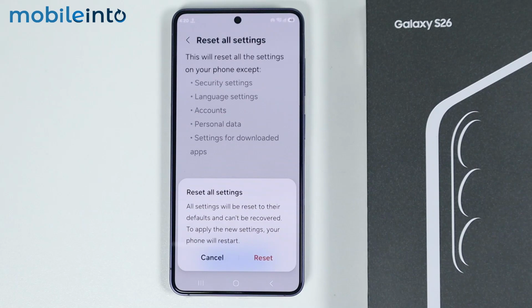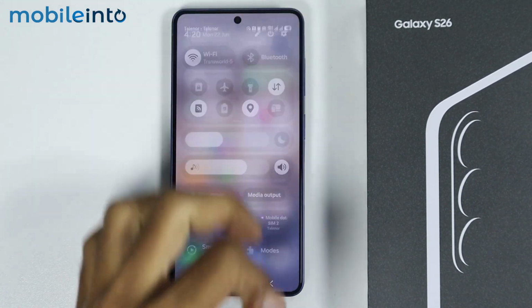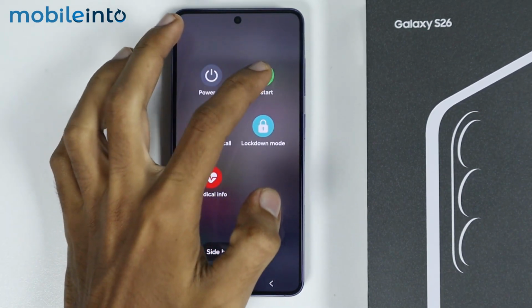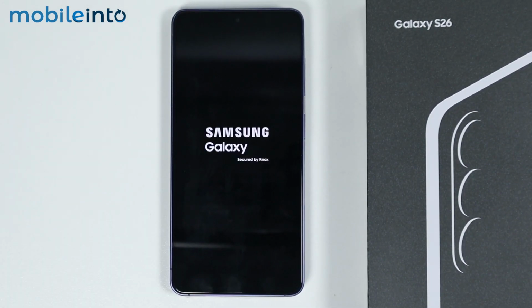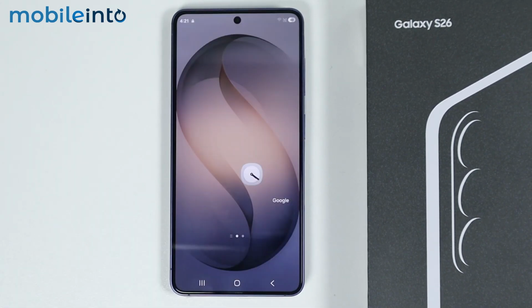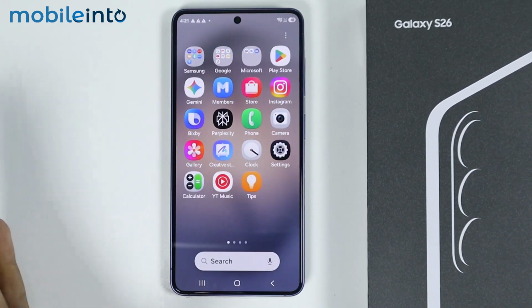Now after you reset all the settings, then just go to your home screen and open the Control Center. Now in the Control Center, just tap on the power icon. Now just select Restart. Now after you do that, then just go to your home screen and check if your issue is fixed or not. If your issue is still not fixed, then the last thing you can do is just open the app